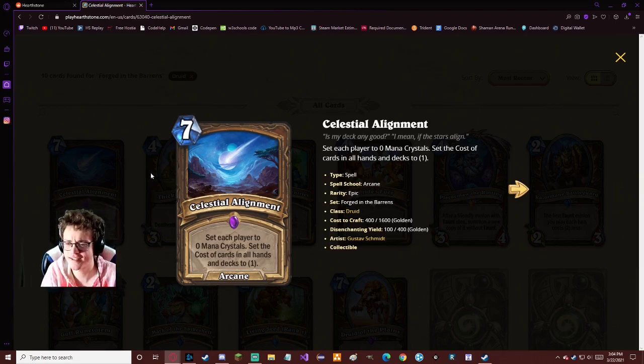And then a very, very interesting card. Set each player to 0 mana crystals, set the cost of all cards in hands and deck to 1. So you'd want to play this in a big Druid deck, right? And the weird thing is, if you're already at 7 mana, you could pretty much just start playing your big drops. And then with this, they'll cost a lot less, and you'll start back at 1 mana. So then you'll be able to play 1, and then 2 big cards, and then 3 big cards. I think, because it's 7 mana, it's very conservative on being busted, but it's definitely a very interesting card